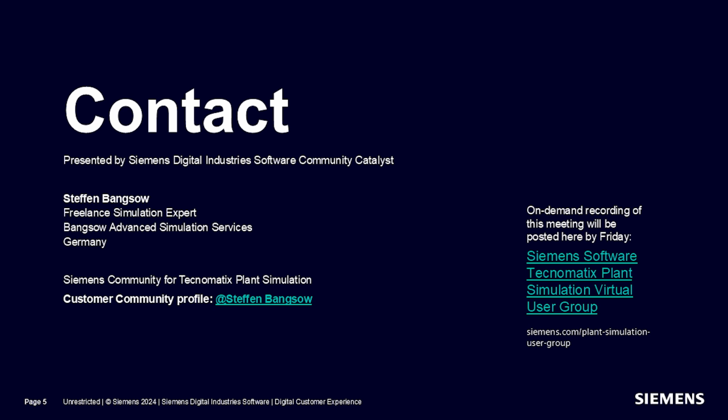Can we use the functionality in the education or student version? Yes, theoretically, the COM interface should work with the education license if you have this Siemens license server, because you need to set the path to the license server so that Plant Simulation finds the license, but the COM interface is available also for education and student versions. So theoretically, yes, it should also work.